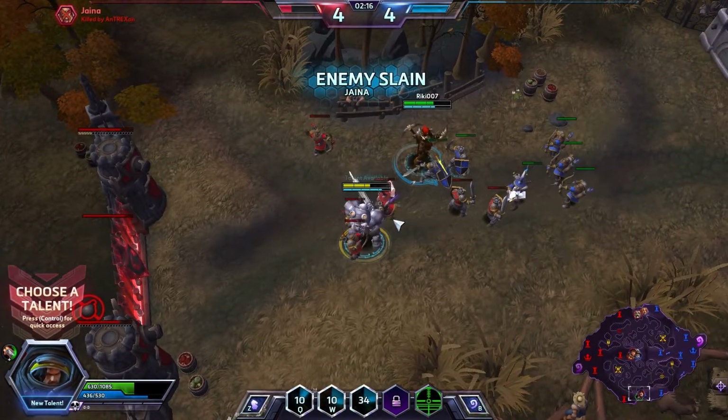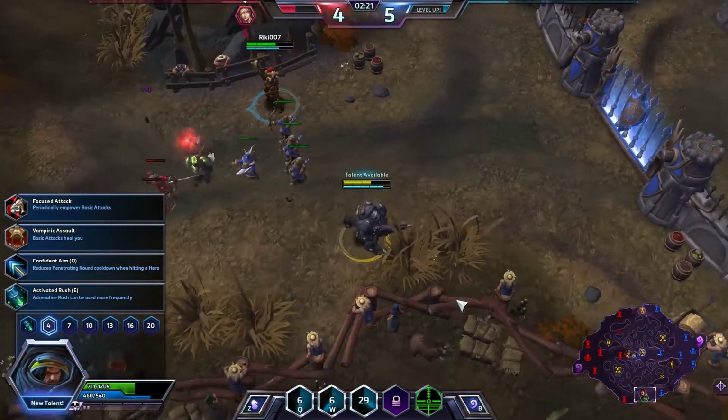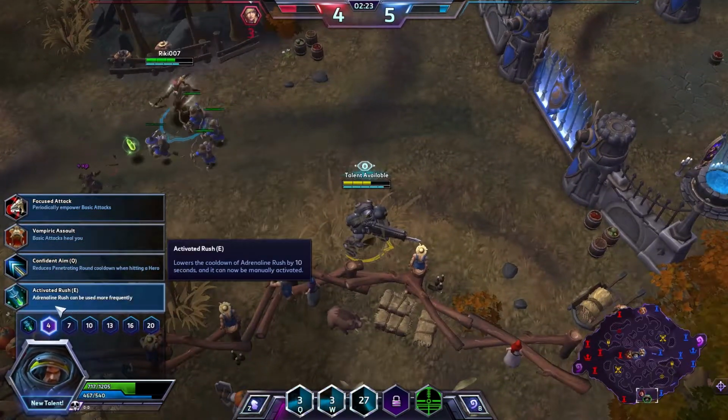There we go. Second kill. Another talent at level 4. Let's just hide it here for a second. It gives me four more choices. So this right here,